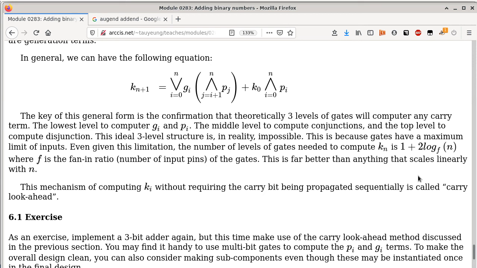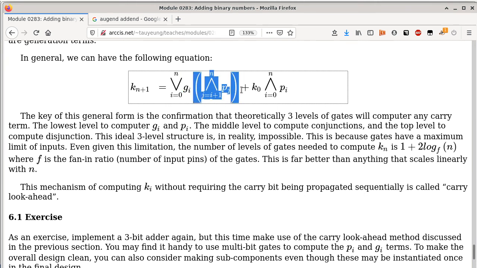So when you look at that portion, you go like, well, the g of I we can easily figure out, because that just depends on the index I. Then you look at this term here and go like, what is that? Well, this is a gigantic conjunction. Remember that symbol is conjunction, is an and. So it's a gigantic and. What is in this and? Look at the indexing variable. It's j this time. Where do we start? We start from I plus 1. The I is already determined by the outer loop, so the inner loop can use I as a starting point to determine where to start. So j is going to start with I plus 1, it ends with n, and then